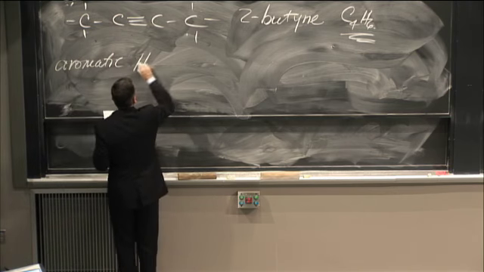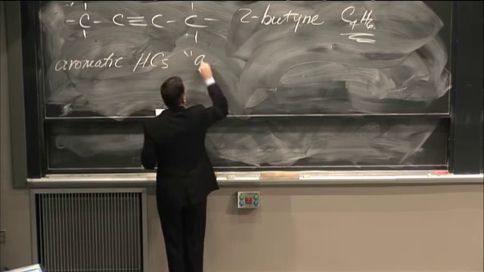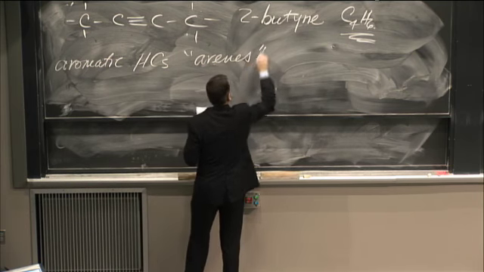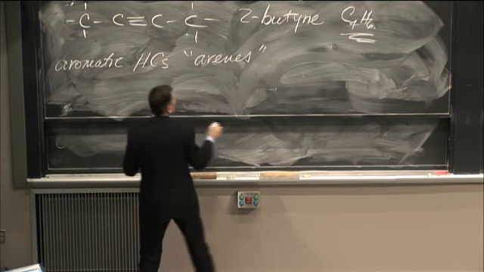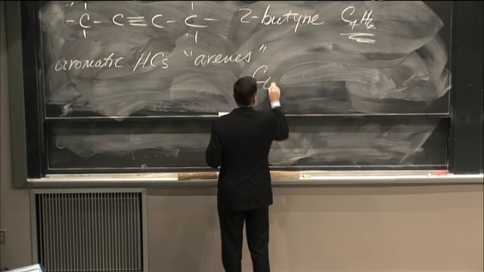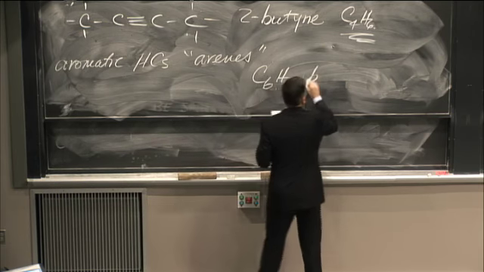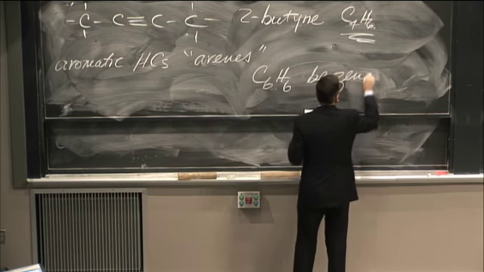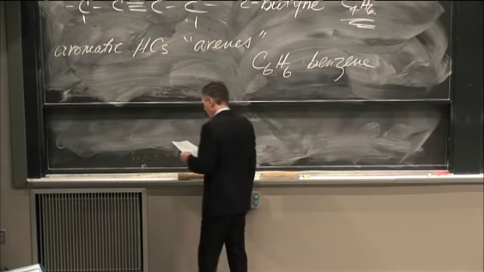Aromatic hydrocarbons. Some people refer to them as arenes. Okay, and the most notable one is C6H6, which is benzene. And benzene,